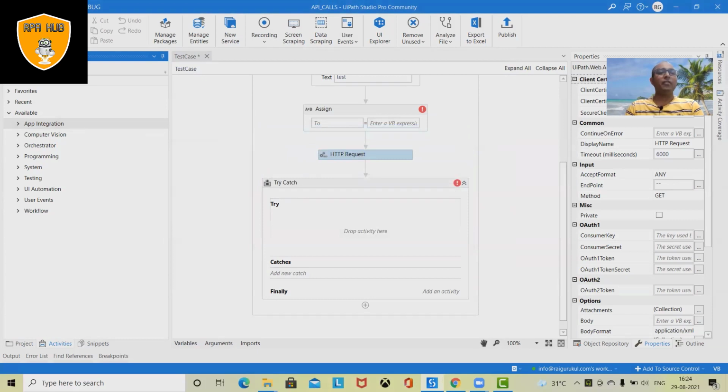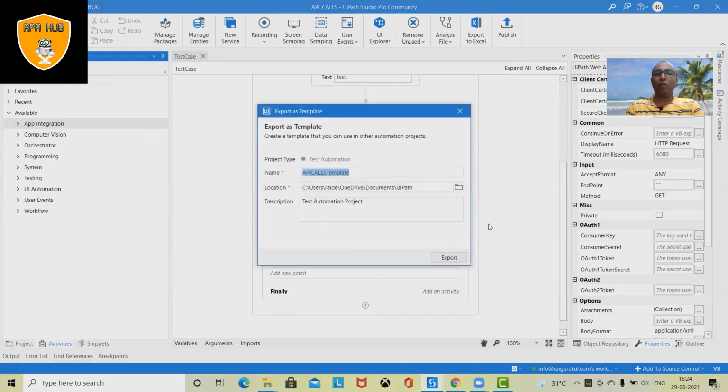Now, this section is for saving a simple sequence of the flowchart, or if I want to save the complete flowchart, I will simply click on save all, and these sections will be saved for me. Export as a template. So if you want to export any specific activities or the flowchart or the sequence, simply click on this and you can export and save it to your desired location. So whenever you want to export any of the use cases, you can simply click on this and this template will be exported for you.